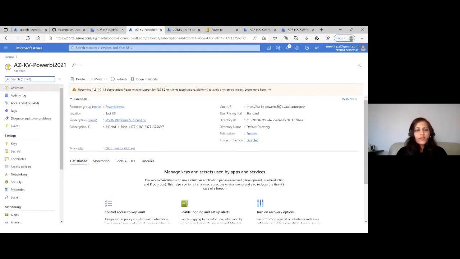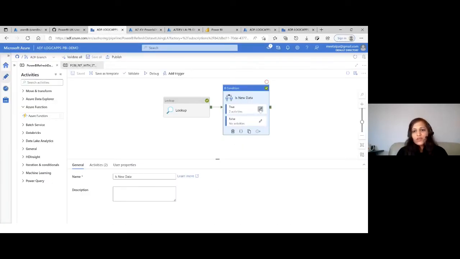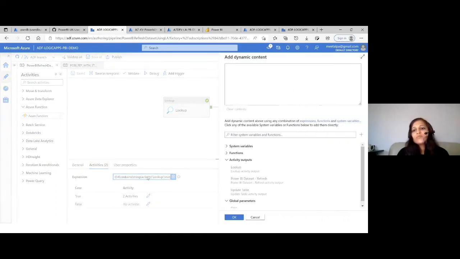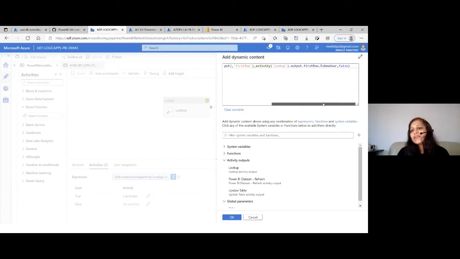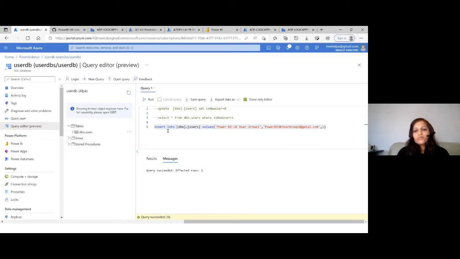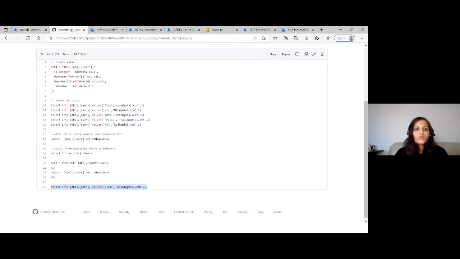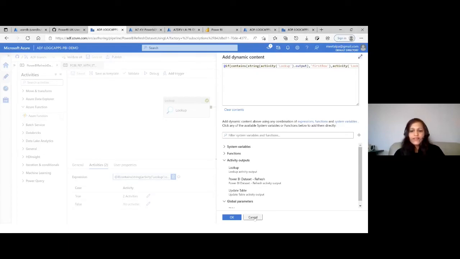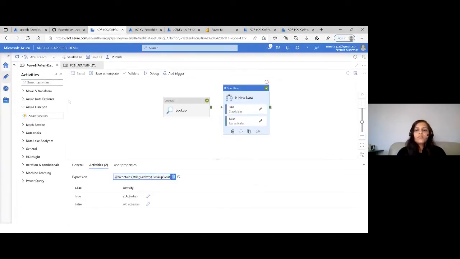So let's come back here. And if you check the if condition, let's go to here. This is the setting. I'm just saying that if it's returning anything, then it's true, otherwise it's false. So for example, at the moment it returns a value, but now if I run this, it won't return anything because it's now 0, because the flag is now not 1. That's why. So let's go back to here. Let's cancel it. So this is the demo which uses Azure Data Factory and Azure Logic Apps to refresh